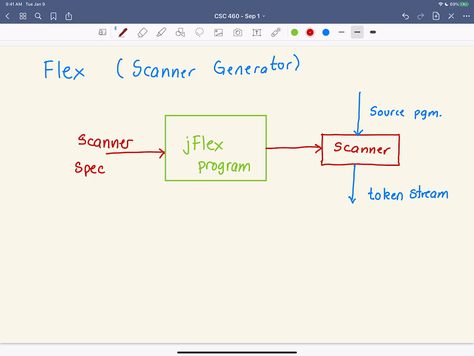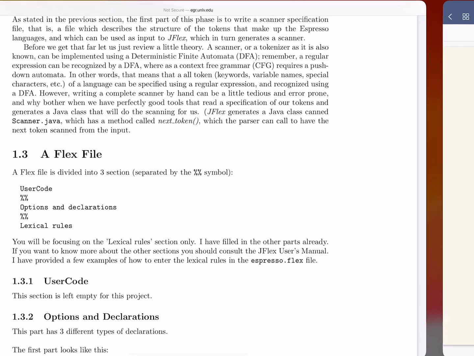So this follows certain rules. So it's just a specification of our terminals and non-terminals in the grammar given certain constraints. So let me show you what they look like.